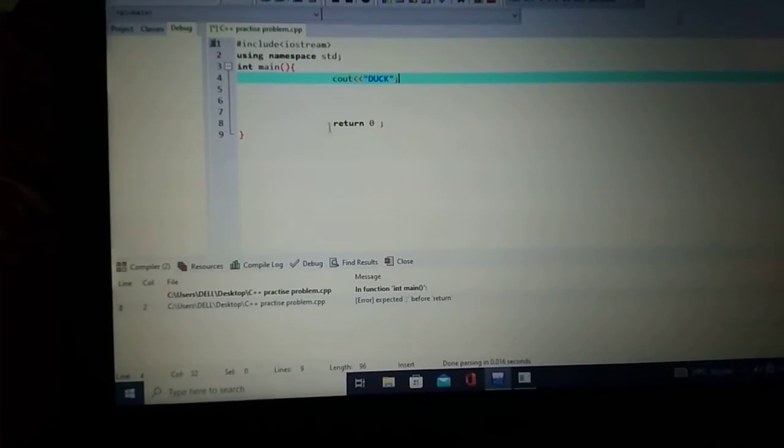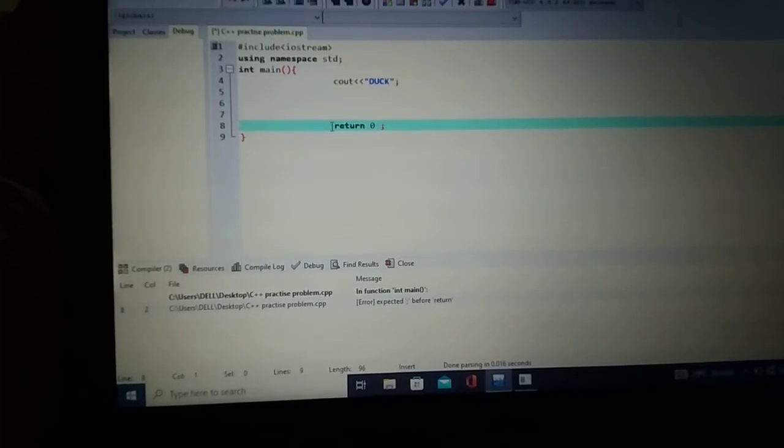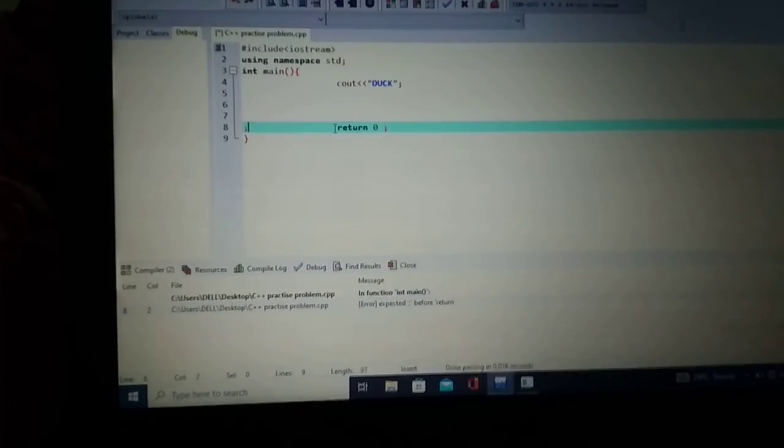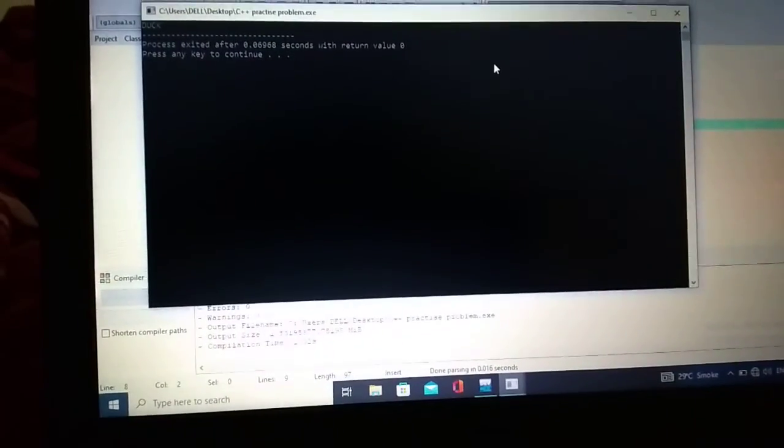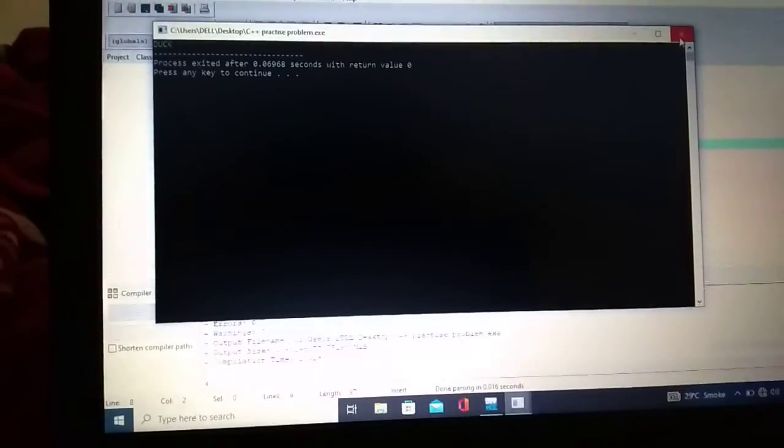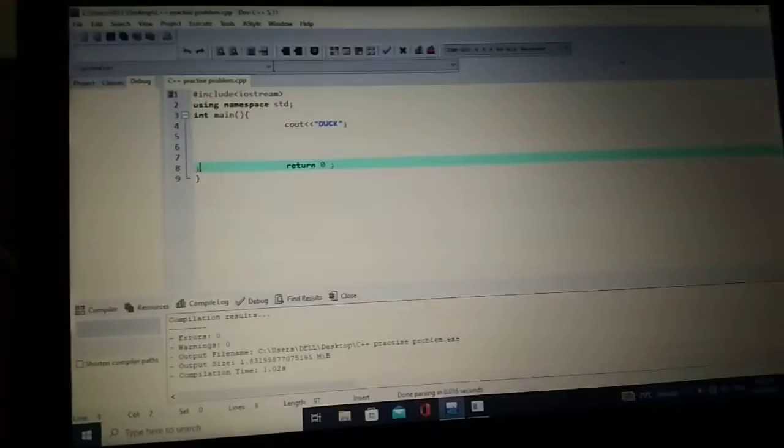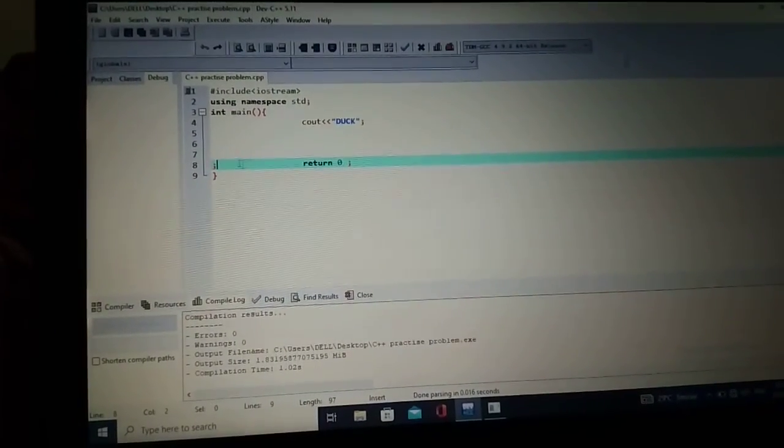If we put this semicolon at the very start of the statement, then that also shows us an error. You can see here, guys, I'm really sorry. It's a compiler mistake, but